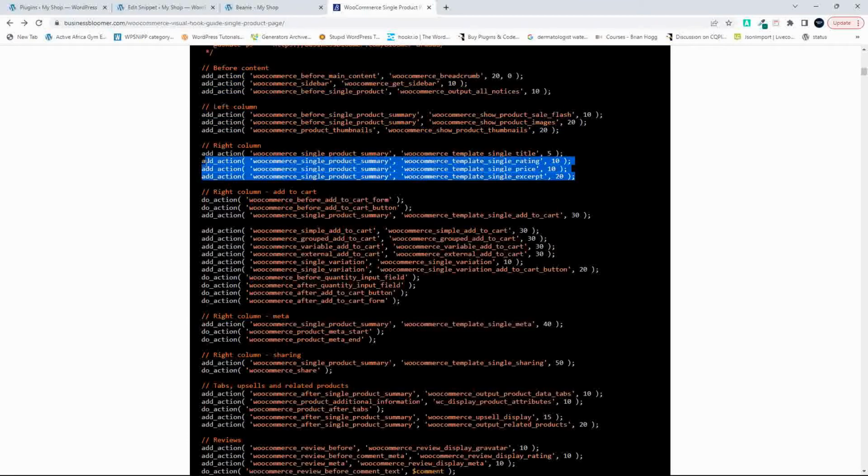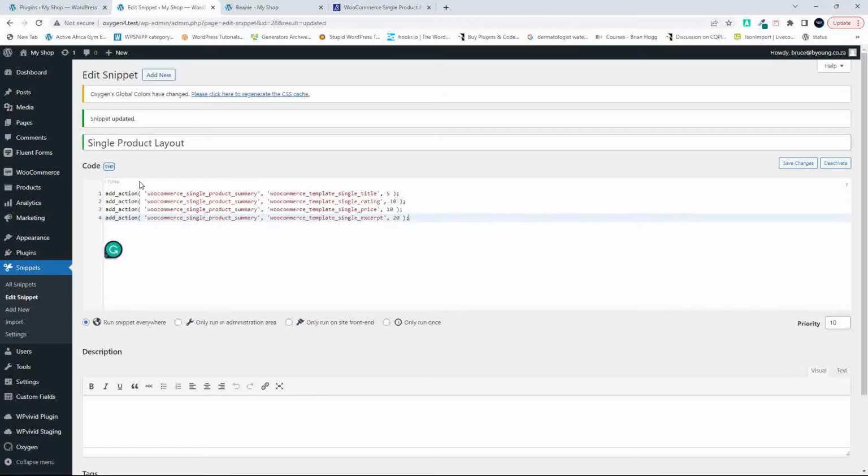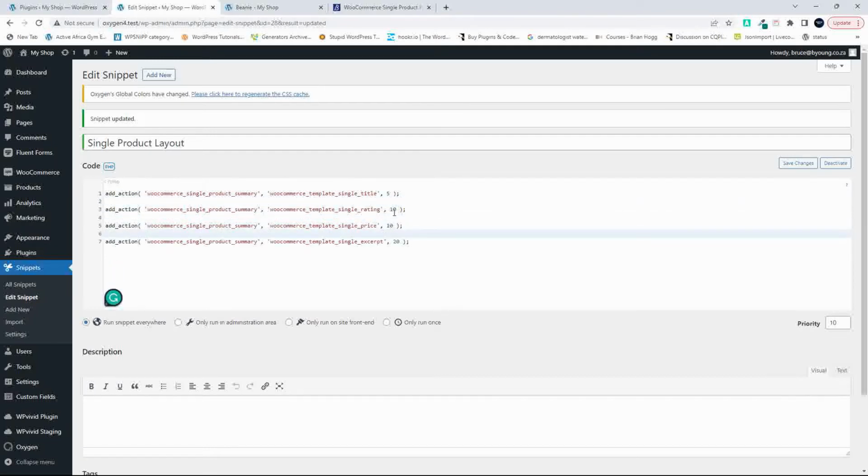So one rule of thumb then when working with these items is to try and keep the structure of your actions in some kind of hierarchical structure that matches what's on the front end. Otherwise, it can get very confusing if everything is mixed up. So one of the ways of doing that is just to add a space between. And then, for example, if I'm going to move my rating to the top, then maybe what I want to do is